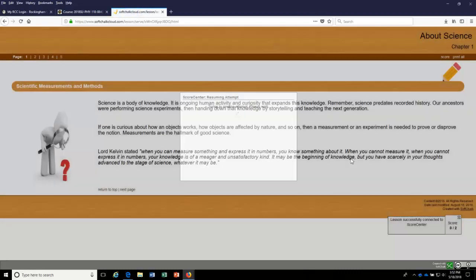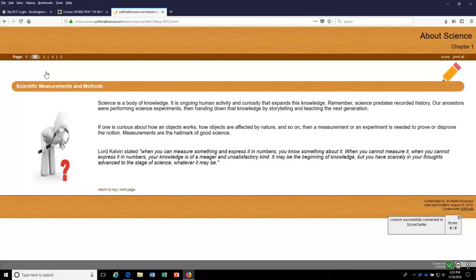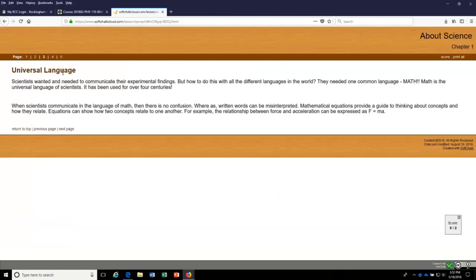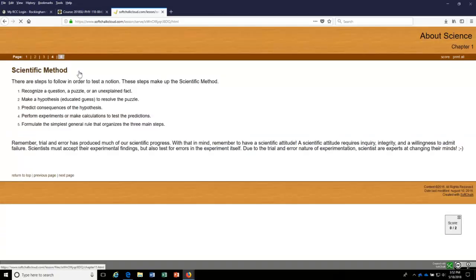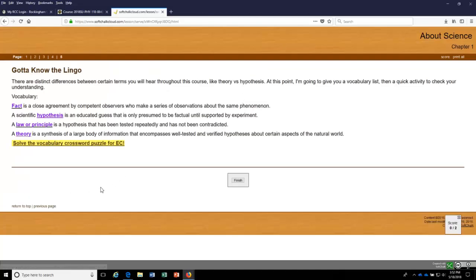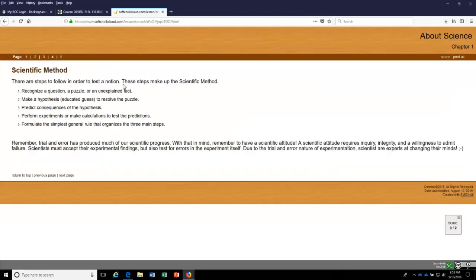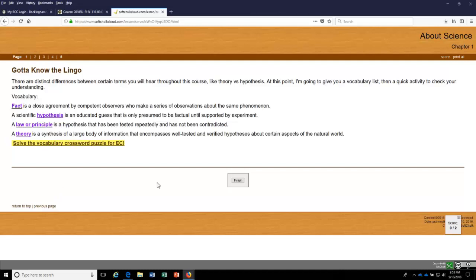Okay, here we go. So here's your slides, 1, 2, 3, 4, 5. Chapter 1 is pretty short and sweet. But you notice I got this little score thing down at the bottom. Well, that's because when you pop through these pages, it will sometimes have an activity. So look at this. Solve the vocabulary crossword puzzle for EC. EC meaning extra credit. All right. So you click on the activity, your crossword comes up, and then there you go. Okay. And if you didn't catch it, right here, right above where you click on the activity are the 4